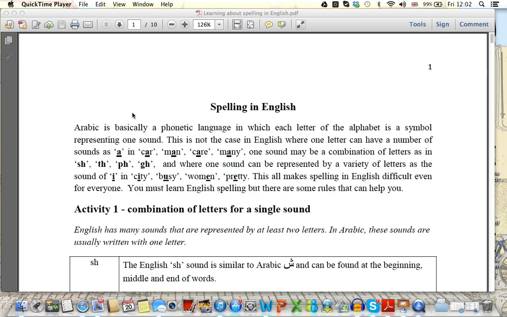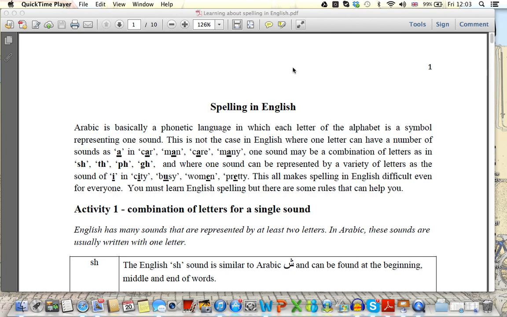Logical grammar of English for Arabic speakers. Today we are looking at spelling in English, which can sometimes be a challenge for learners. When we compare English with Arabic, we find that Arabic is much more of a phonetic language, and by that I mean that each letter of the alphabet is a symbol that represents one sound. This is not the case in English, and we are going to look at some examples that may present difficulties